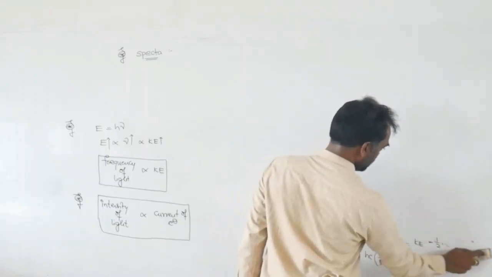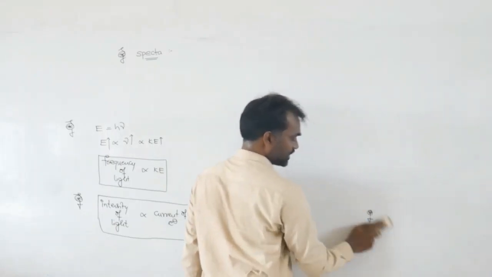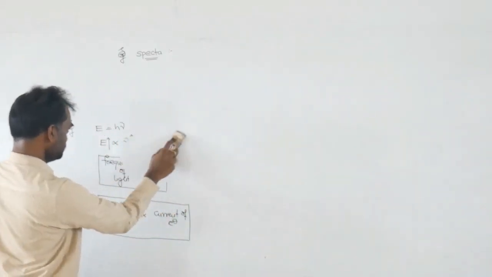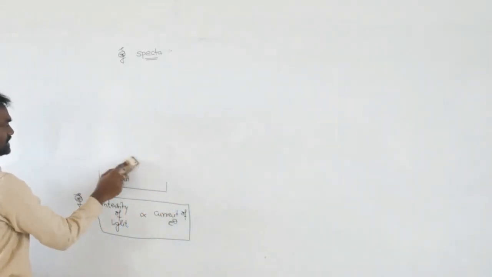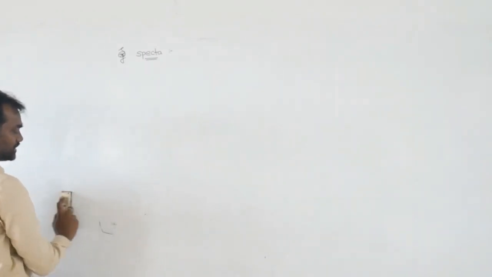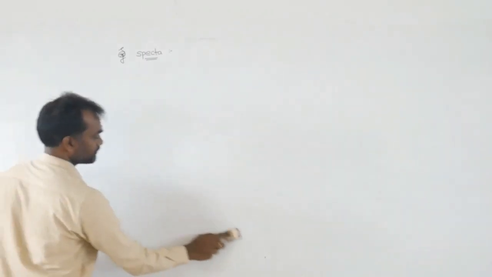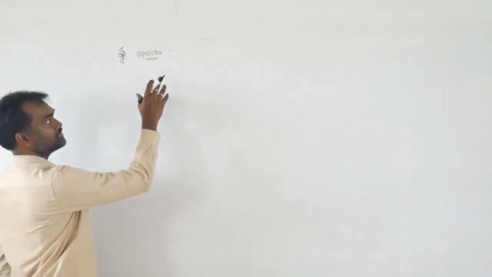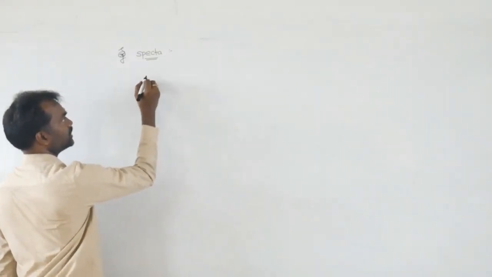Atoms give some type of spectra, and molecules also give spectra. It is classified into many types: continuous spectra, discontinuous spectra, like that. Mainly, spectra means the systematic arrangement of different lights. In that, first,